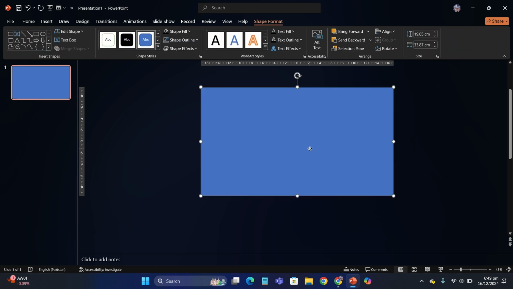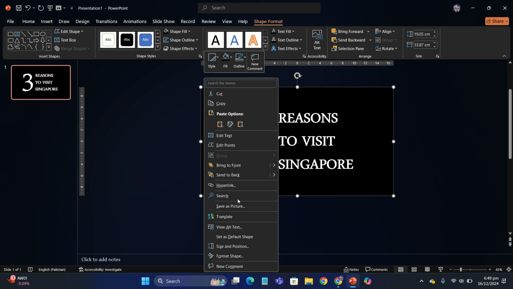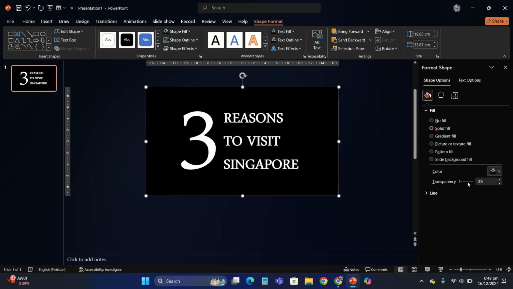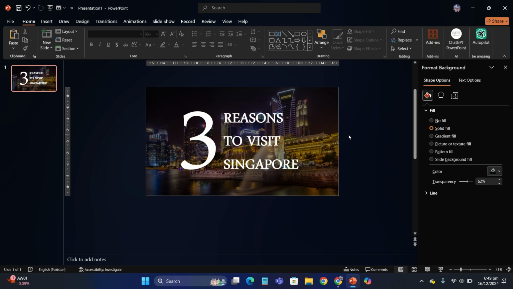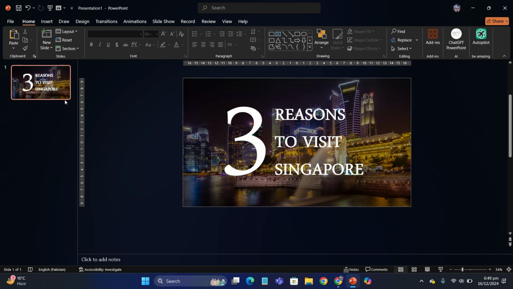Next, insert a rectangle that covers the entire slide and then set it to the back, change its color to black, and go to Format Objects and increase its transparency as much as that you can see the picture clearly and you can also see the text as well. Now duplicate the slide